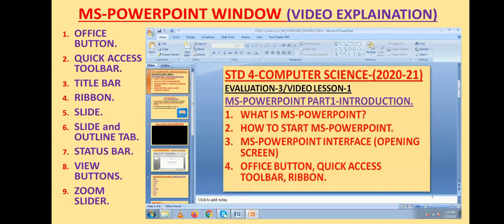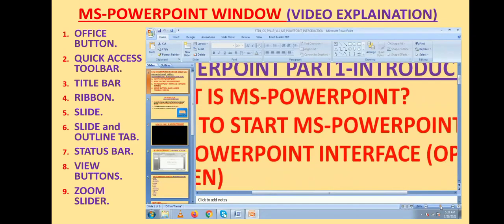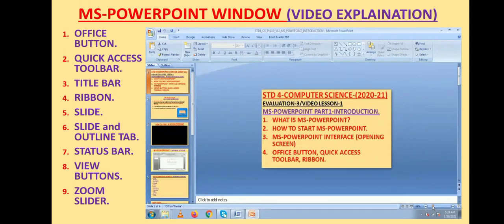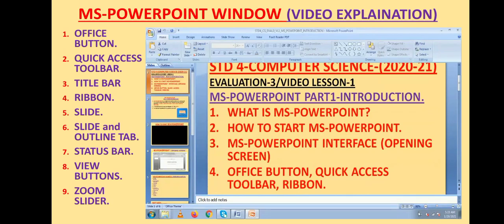So in this way, you can zoom your slide by using zoom slider. So these are some basic functions available in the opening window of MS PowerPoint.